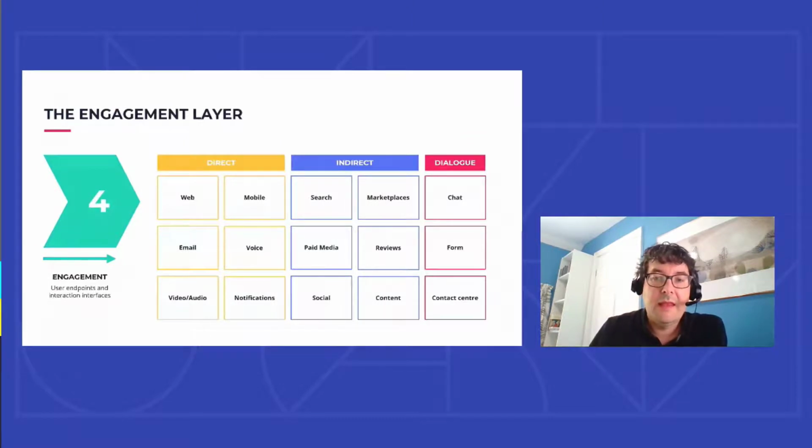And then we have the endpoints where the users actually interact with the experience, where they engage with us. So the underlying layers provide the mechanisms necessary to provide the experience, but here is where the user actually gets to experience it. Some of these channels are directly managed and we can tightly control the nature of the engagement,